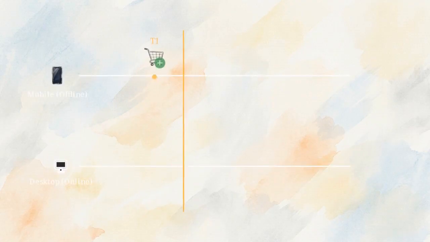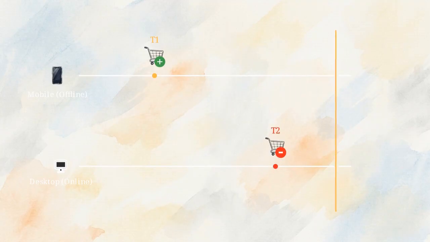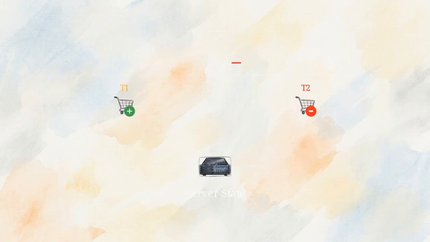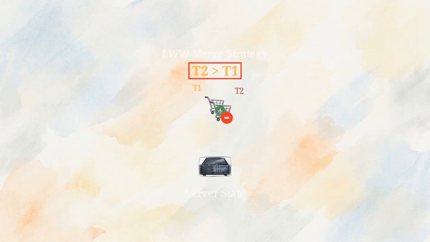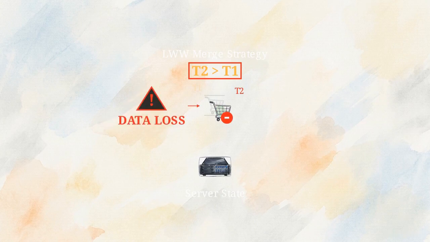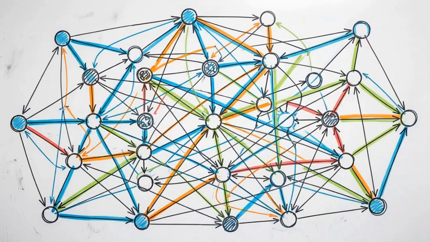As this dual timeline shows, if we rely on a last write wins timestamp merge, the later online delete event at T2 blindly overwrites and erases the offline add intent from T1. The result is pure data loss. We need a mechanism that guarantees deterministic convergence across decentralized nodes without relying on a centralized server to coordinate and